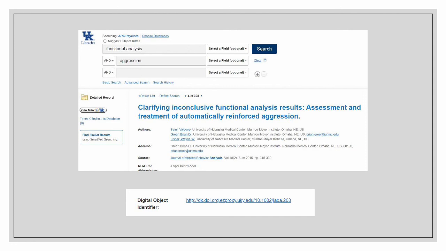You can see this is the article title, and if you scroll to the bottom of the page, you'll find a link that looks like this. You can copy this link for your citation. For the purposes of this class, this DOI link is acceptable. However, it should be noted that outside of this class, this DOI link will need to be found without linking through the UKY library. Another way to find a DOI link is to put the article title into Google and